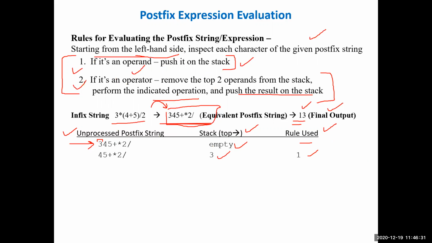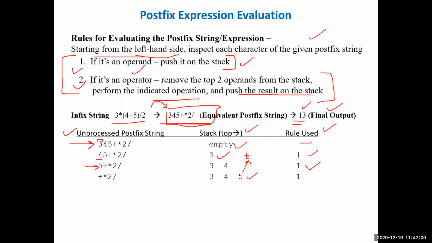So this is the stack's current status. Then the next operand encountered is 4. Again, 4 is pushed to the stack as per rule 1. Then the next character is 5. As per rule 1 again, we push this operand onto the stack. So this is the current state of the stack, where we have 3, 4, and 5, and 5